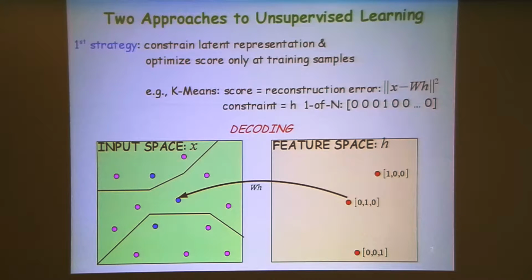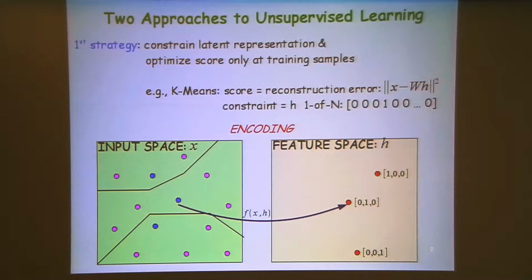And so in this case, we have 3 training samples and 3 features, 3 codes, and each of them maps to a training sample. And there is also the other mapping, which is from image space to feature space. And in the case of k-means, this is an implicit mapping, because what you do, given an input, is find out which code produces the smallest reconstruction error relative to the actual input that you have. And so you have to loop over all possibilities,